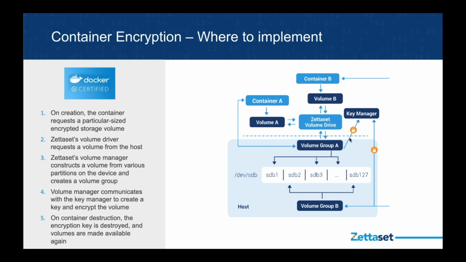What we want to do is actually integrate directly into the Docker storage provisioning, which is also known as the volume driver subsystem. And we want to address the container associated with storage and cryptographic keys per storage unit. We want to address it at that level. What we're doing is we're taking a disk or a collection of disks, splitting it up into a finite number of partitions, and we're introducing a volume management scheme by which our volume driver is capable of provisioning a volume of a requested size across one or more partitions that can span one or multiple disks on the same host.